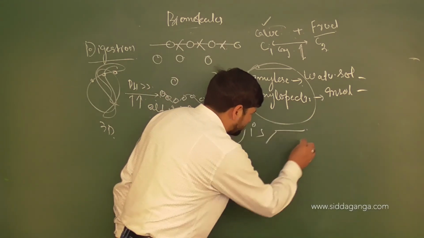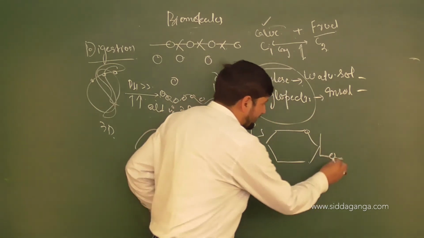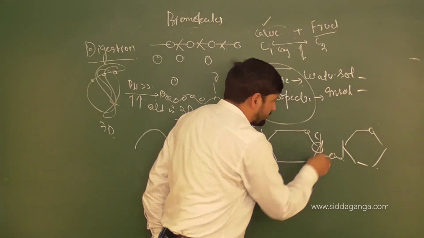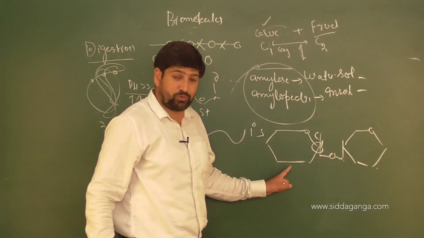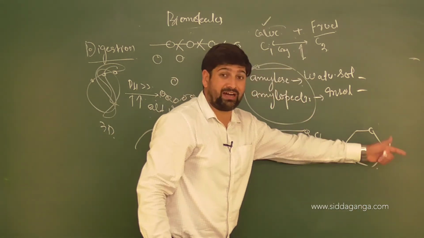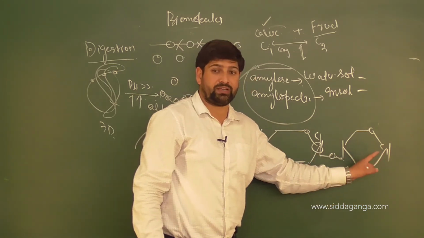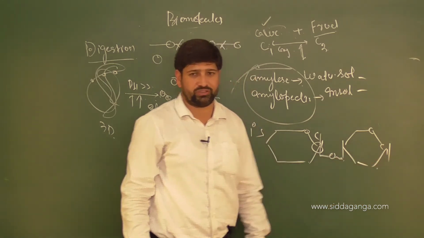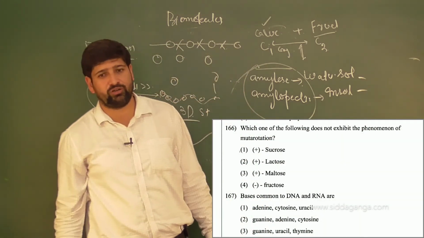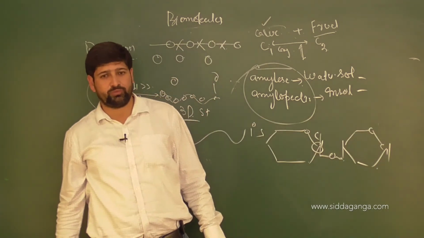So when you look at maltose, this is the glycosidic linkage developed, right? No doubt, carbon 1 of one alpha D glucose is blocked, but carbon 1 of the other glucose is free. It can open up and alter the structures from alpha to beta. As a result, change in optical activity will occur or not? Yes. So mutarotation is possible there. Option 4, what is the given option, children? Fructose. And naturally we know fructose is a monosaccharide. It can open up quite easily. So correct option will be option 1.